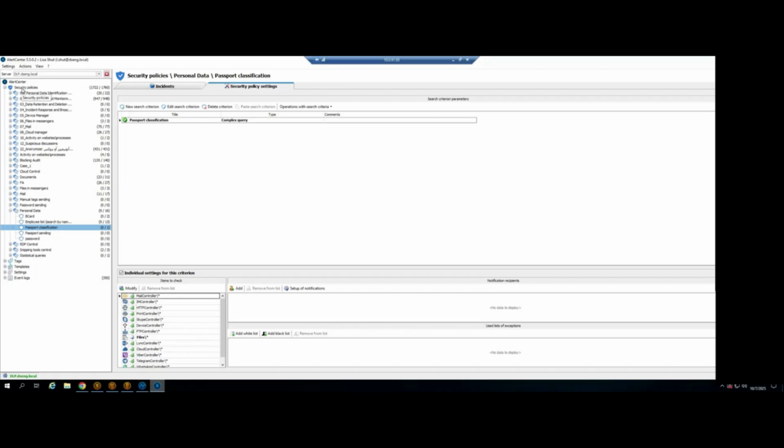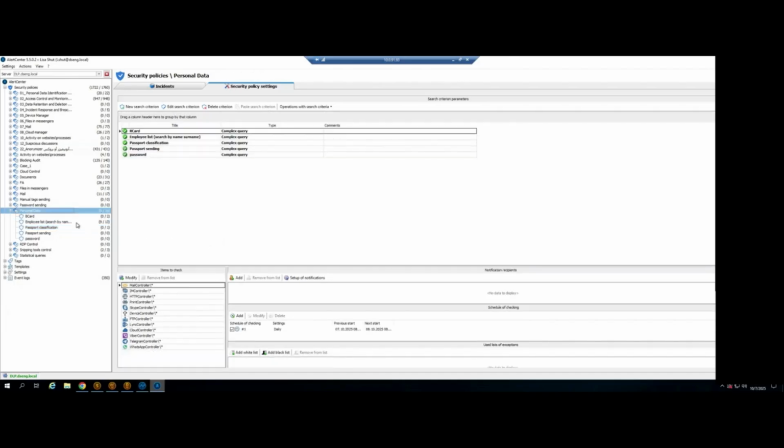We call these search queries security policies. For example, you can see here a list of security policies that I have. These are also preset. When we install the system, we give a couple of security policies here and usually help to set them. For example, in my personal data security policy, I have a couple of conditions that I'm